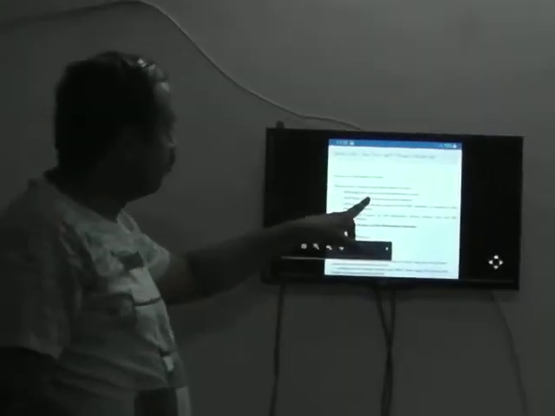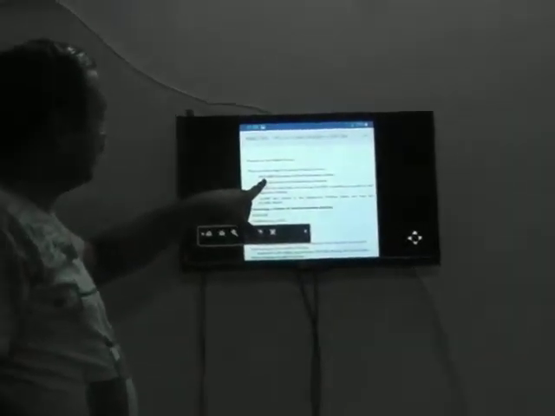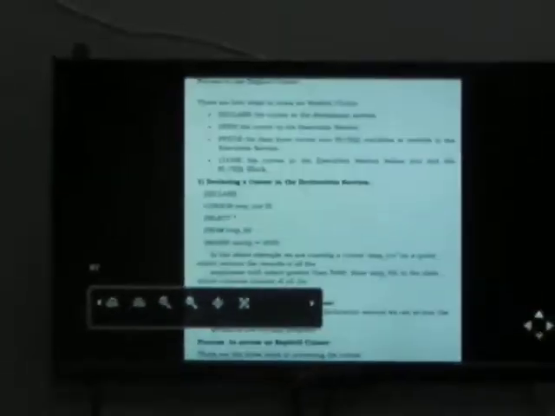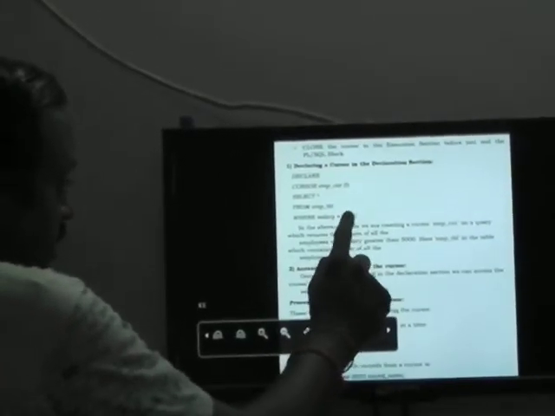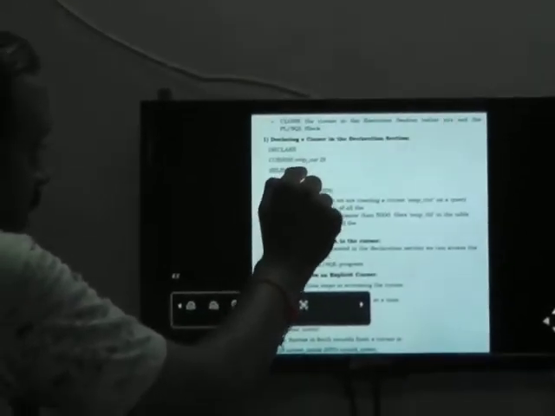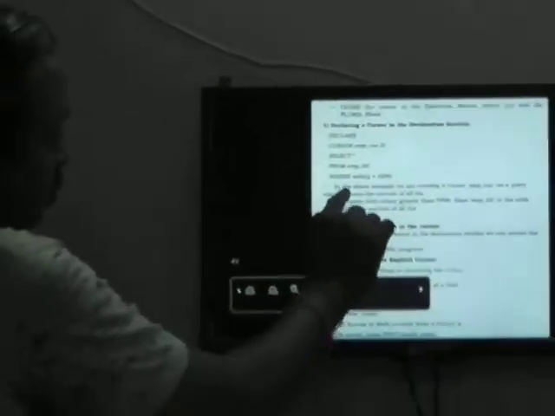There are four steps to using an explicit cursor. One is declare the cursor in the declaration section, open the cursor in the execute section, fetch, a keyword you have to use with the explicit cursor, and close. Naturally when my work is completed, we go for close. The first is declaring: declare cursor EMP underscore cursor is select from employee table where salary is greater than or equal to 5,000. The example is telling us that employees with more than 5,000 salary will be stored in a temporary name. The temporary name is called the cursor, and the cursor name here is EMP underscore cursor.